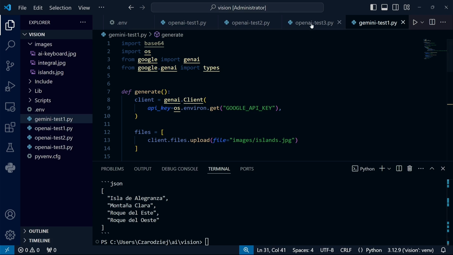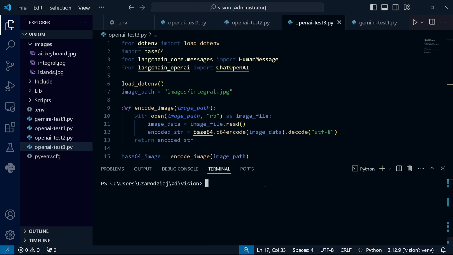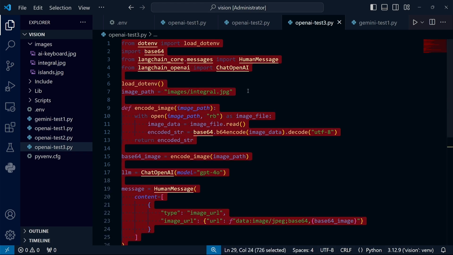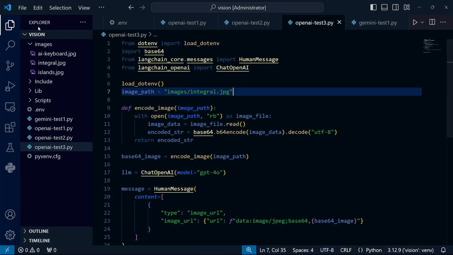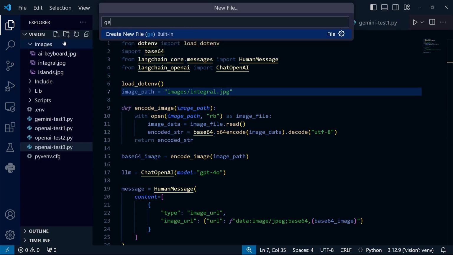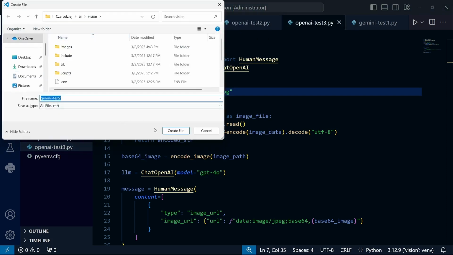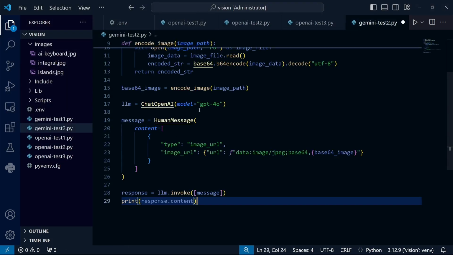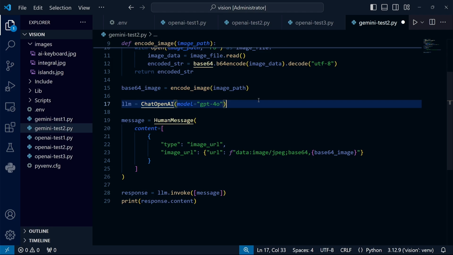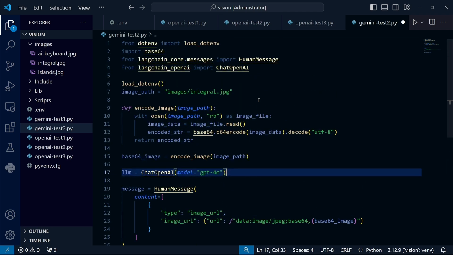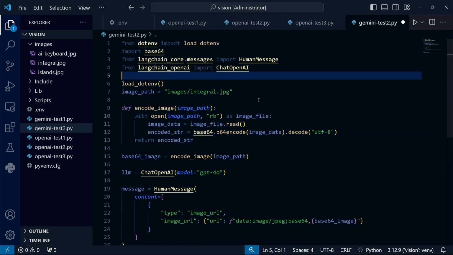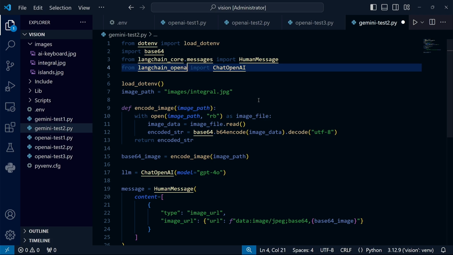Let's try to write a similar program now, but using LangChain. I will take our last version prepared for OpenAI as a base, because it uses LangChain. That will be the easiest. I copied the content into a new file. This is the version that calculates the integral. Let's see what needs to be changed. I will definitely need a new library because we are no longer working with OpenAI. The chat model will also be different.